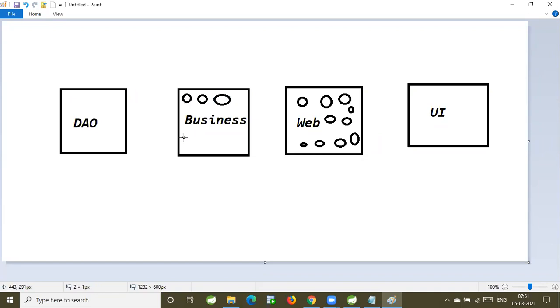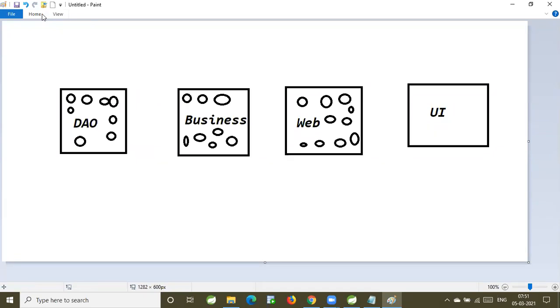Coming to the DAO layer, several persistent components will be available. We are going to create multiple classes in our application.